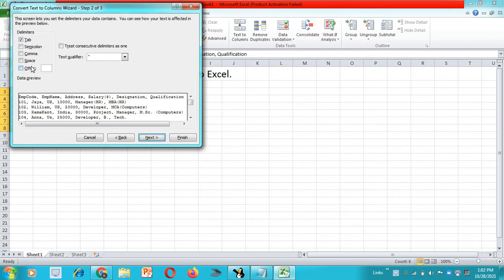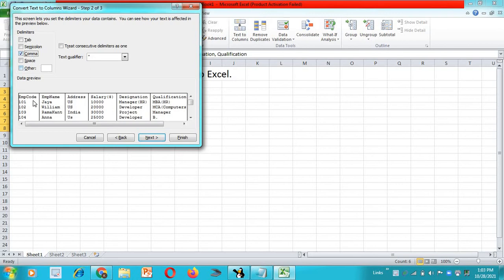So what you can do is just uncheck the tab, because in my data there is no tab, and what I have in my data is comma. Sorry, there is comma in my data, and I want this comma to be erased, and wherever the comma appears I want a separate column.